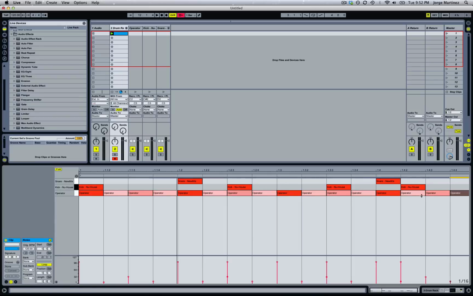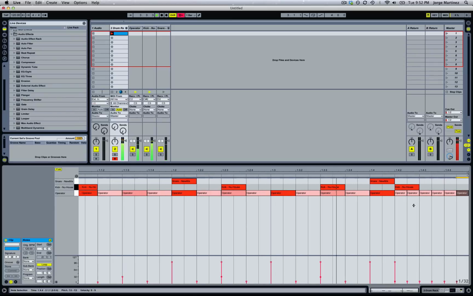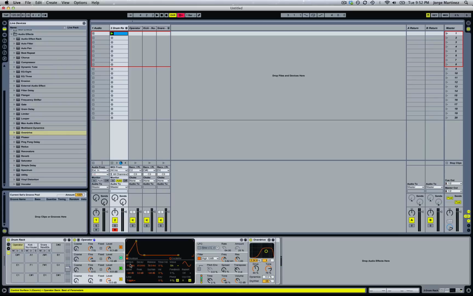Let's just make something interesting over here, something like this. And so yeah, you see, you can also play with the filter. Here you have an envelope. So I mean, you see the creative possibilities are